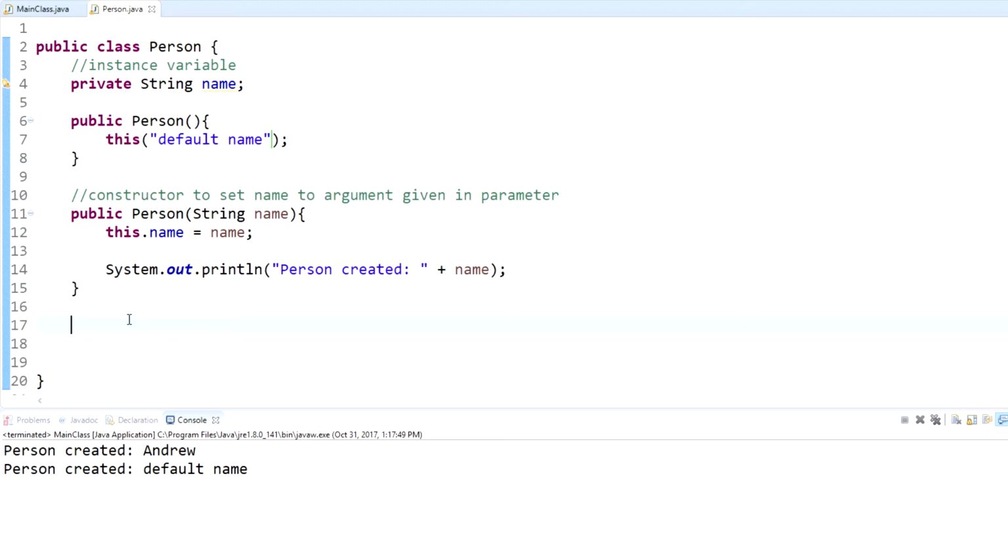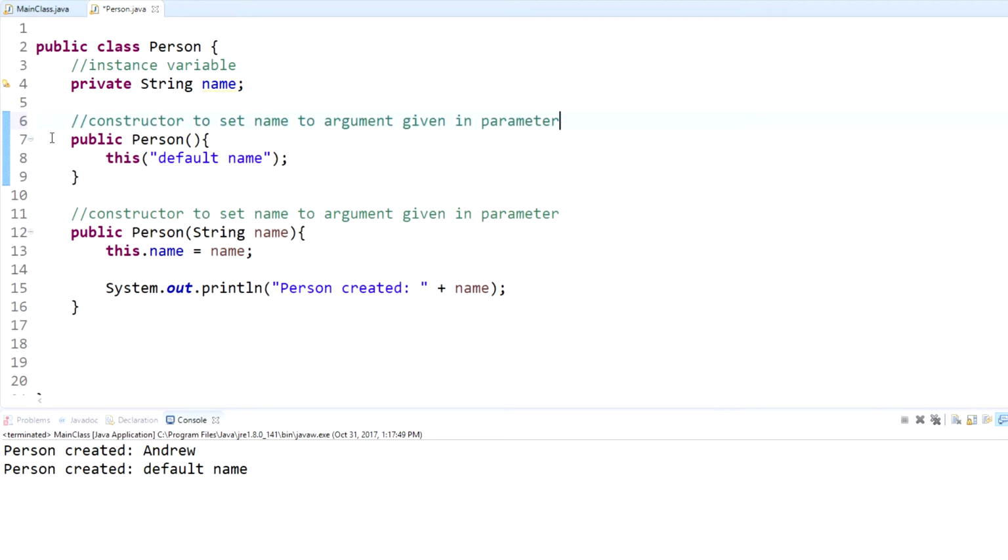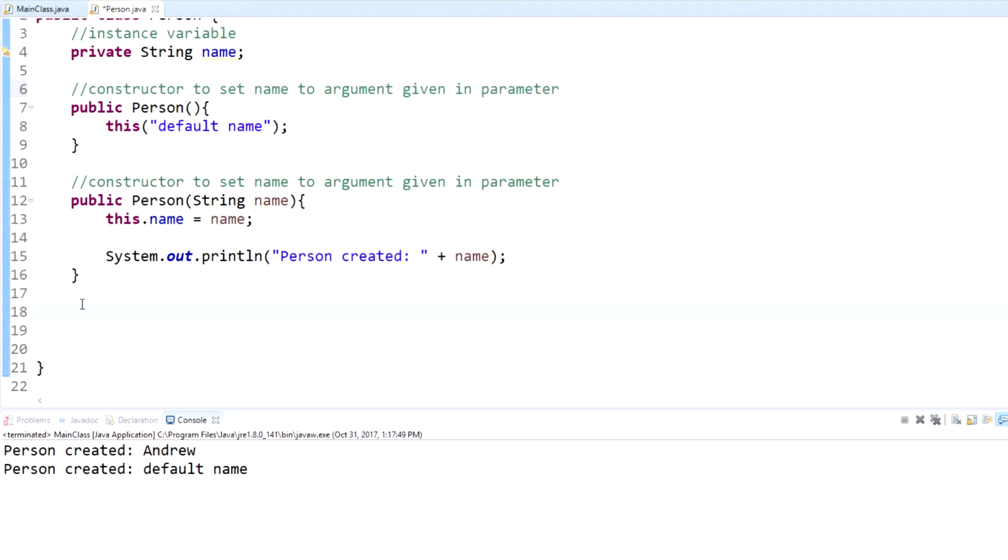Okay, so the third way that this can be used is when you're passing an object's info in as an argument. Like you can use an object as an argument instead of, see, we have strings, integers, doubles. You can actually use an object. Let me copy this comment here. So how that works is